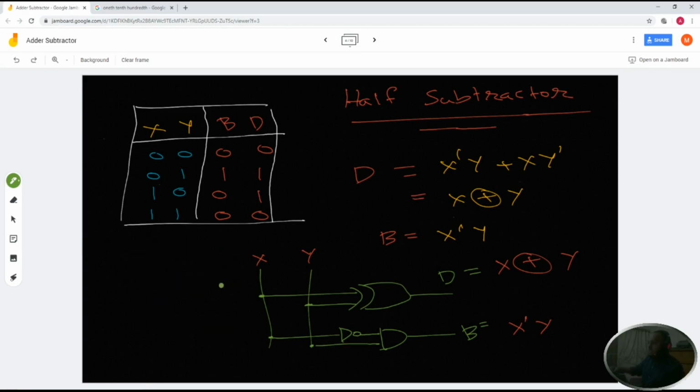Similarly we can do the binary subtraction. Let's find the results for x minus y for each pattern. For the first pattern we will find the result 0, because 0 minus 0 equals 0, and this 0 is the result of difference. And for this subtraction, as we didn't need to borrow anything, borrow will be 0. Okay, for the second pattern